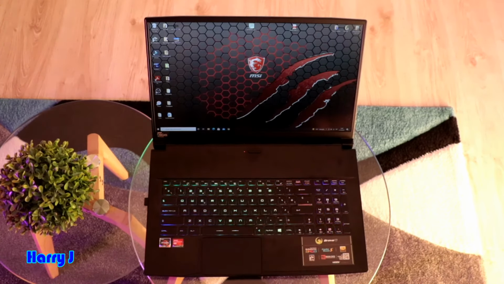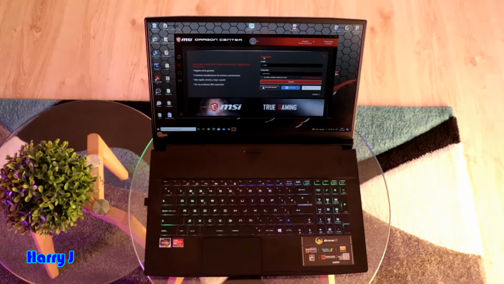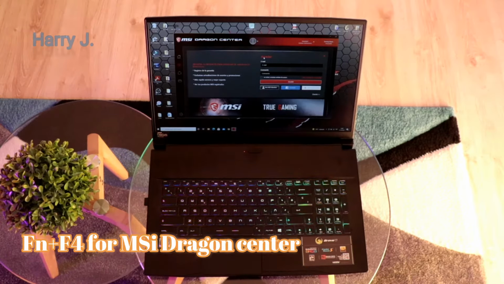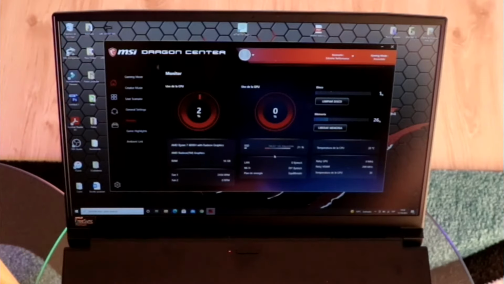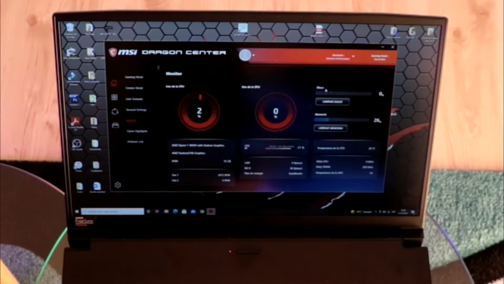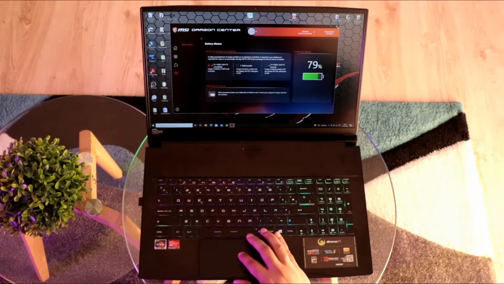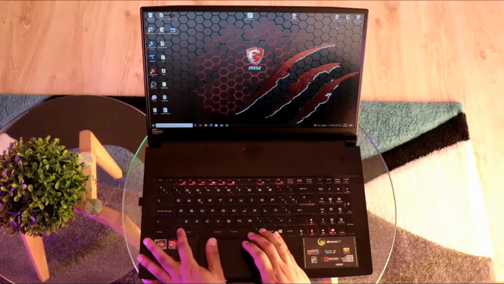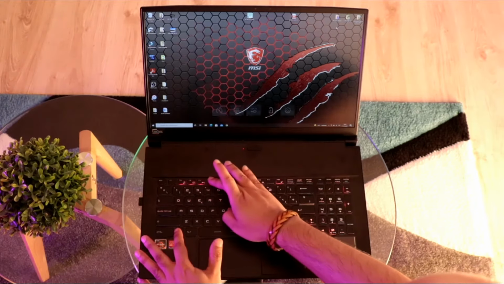Now we go to the next key, function key with F4. You see we come to MSI Dragon Center. The home, you see the monitor option, graphics, GPU, AMD temperature, SSD, how much you have, so much information, discs, that means disco in Spanish, HDD, how much you have and other information. You can see all here. So we'll go out from here, we close this one. Now we go function key with F5. You can see many things with F5.